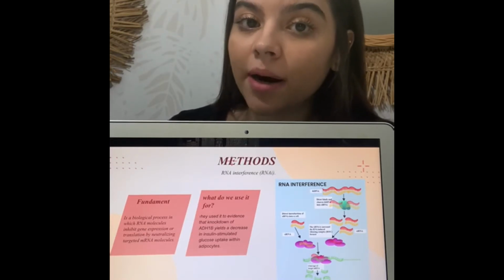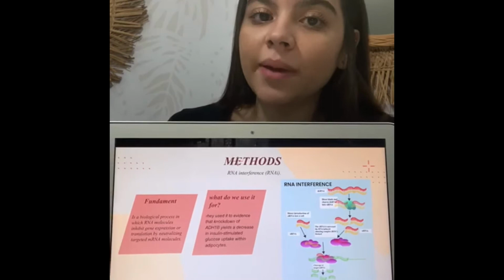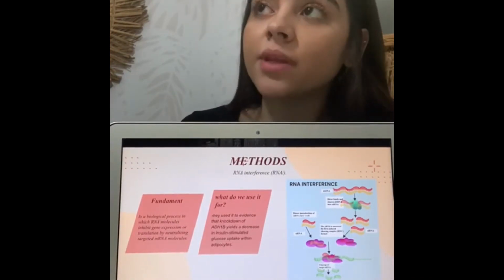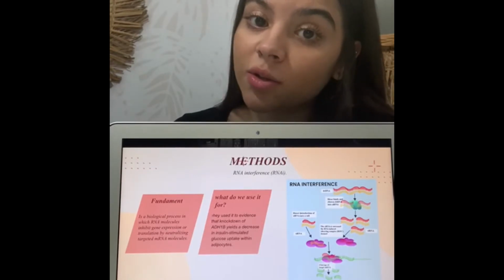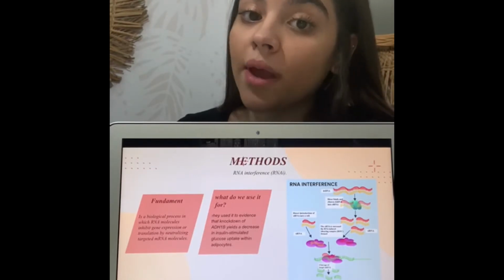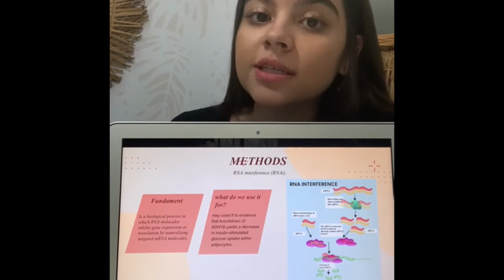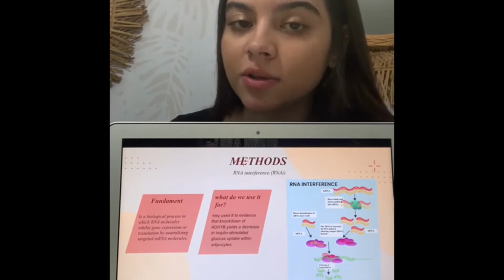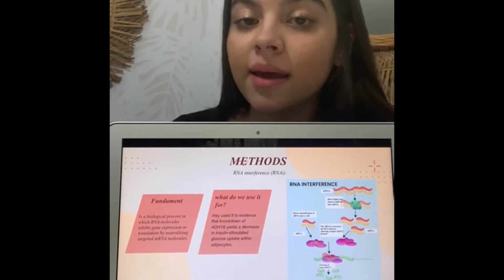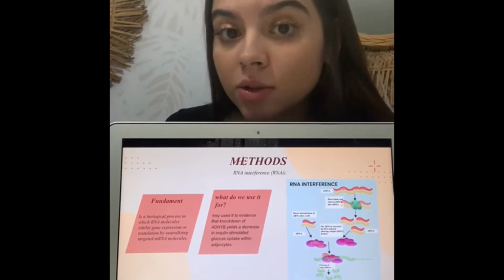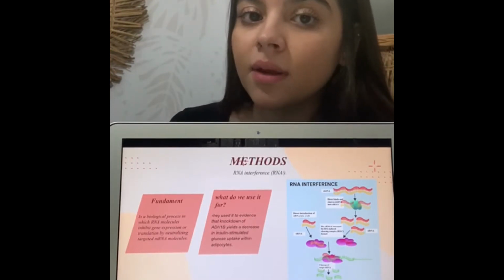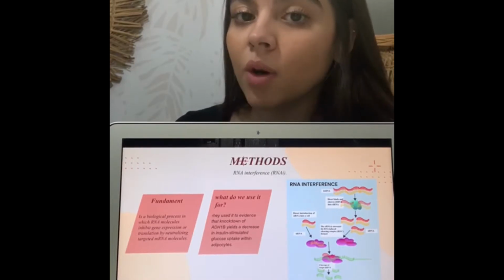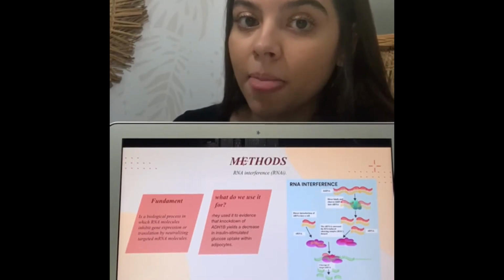In the complex environment of a cell, these mechanisms need to be precisely targeted. There is a group of mechanisms that use small RNA molecules to direct gene silencing. This is called RNAi. It's a process in which RNA molecules inhibit gene expression or translation by neutralizing targeted mRNA molecules. There are two types of small RNA, microRNA and small interfering RNA, known as siRNA, that are central